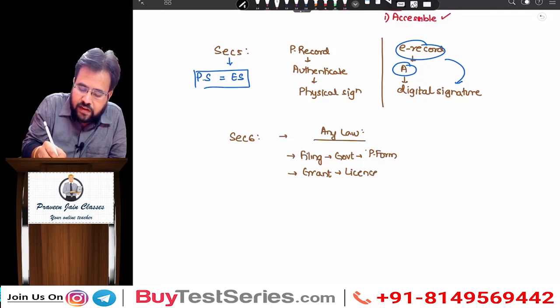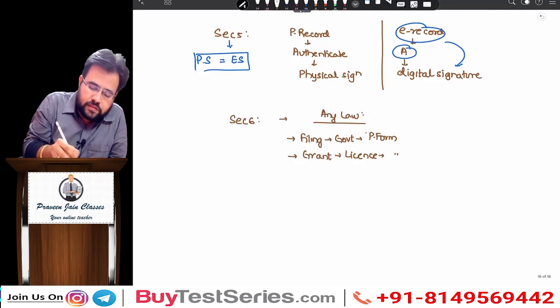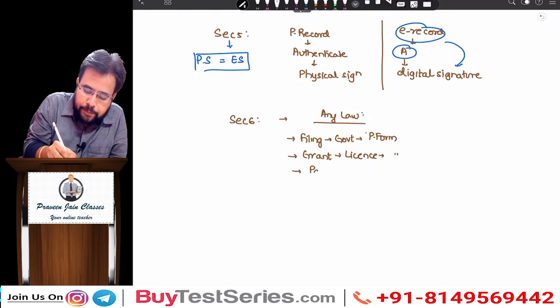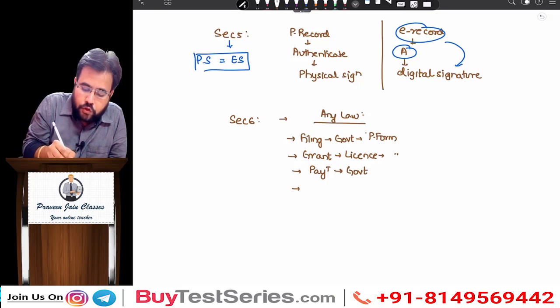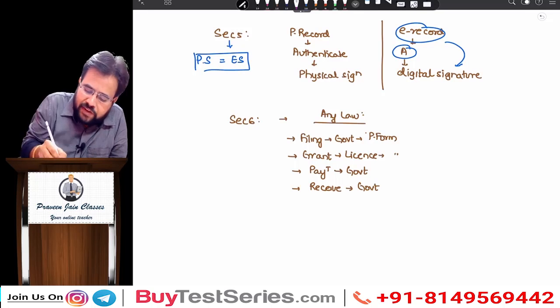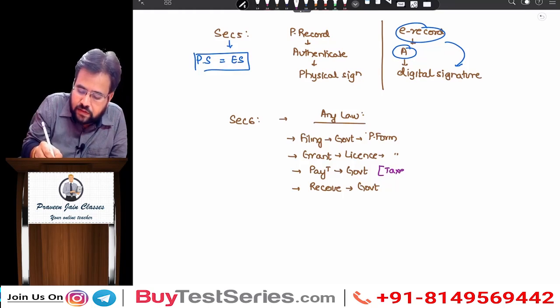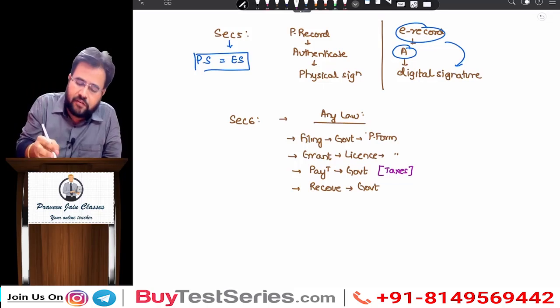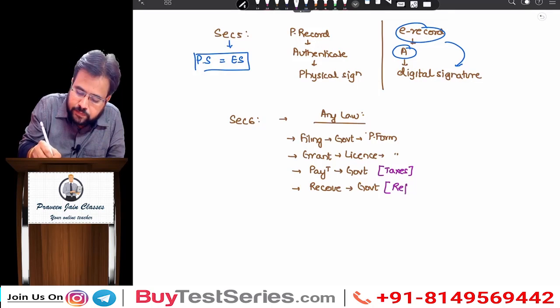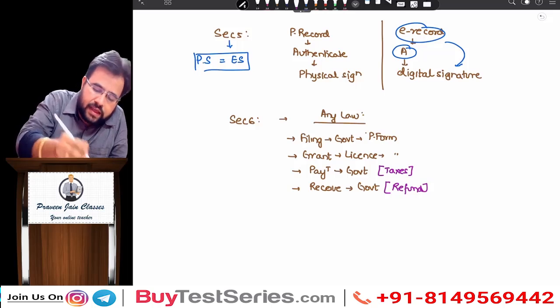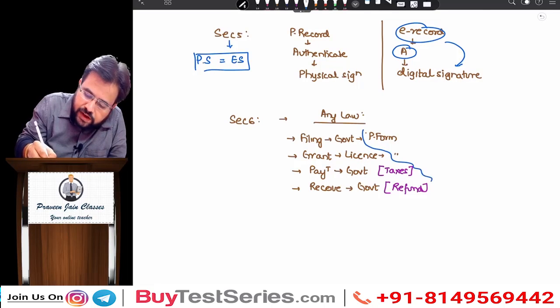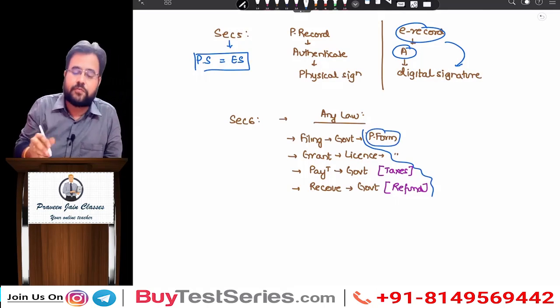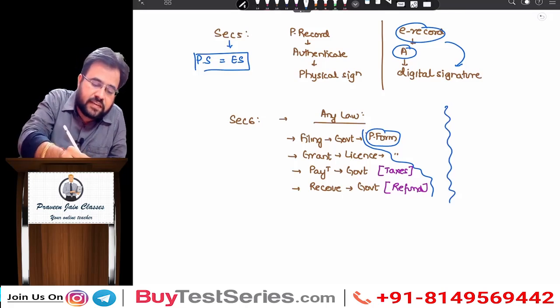License. Obviously in which form, sir? Physical form, sir. Sir, you have to make payment to whom, sir? Government, sir. Or you have to receive payment from whom, sir? Government, sir. Sir, you may ask why you will pay the government, sir? In the form of taxes. Sir, why will we receive money from the government, sir? In the form of refunds. Can I say earlier all these things were done in which form, sir? Physical forms. Now what is section 6 saying, sir?